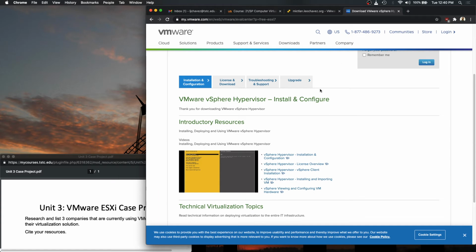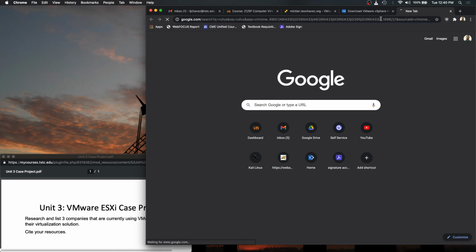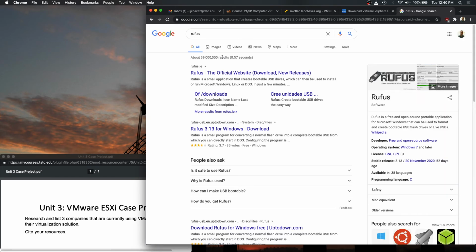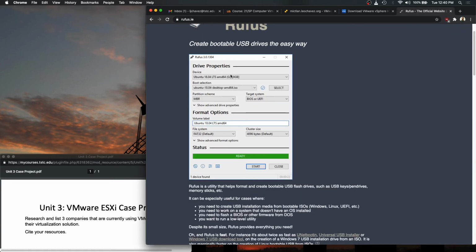Use Rufus to put it on a flash drive. If you don't know what Rufus is, and you're on a Windows box, Rufus is fantastic. Rufus.ie. It's a way to just flash ISOs onto a flash drive. Plug in that flash drive to your extra desktop or whatever device that you would like to